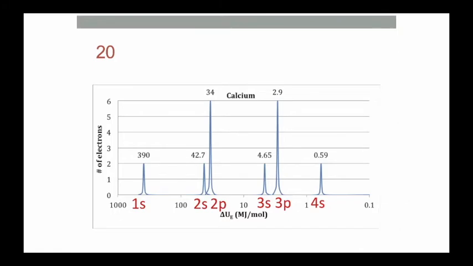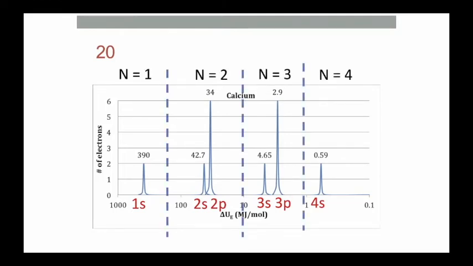Also notice how the binding energies of the 3s and 3p are very close together, within about 2 megajoules of each other. Also remember that the scale on the x-axis is logarithmic, so the binding energies of the 1s electrons are about 660 times higher than those of the 4s electrons. But the key point is that for any given shell, the ionization energies of the subshells are actually very, very